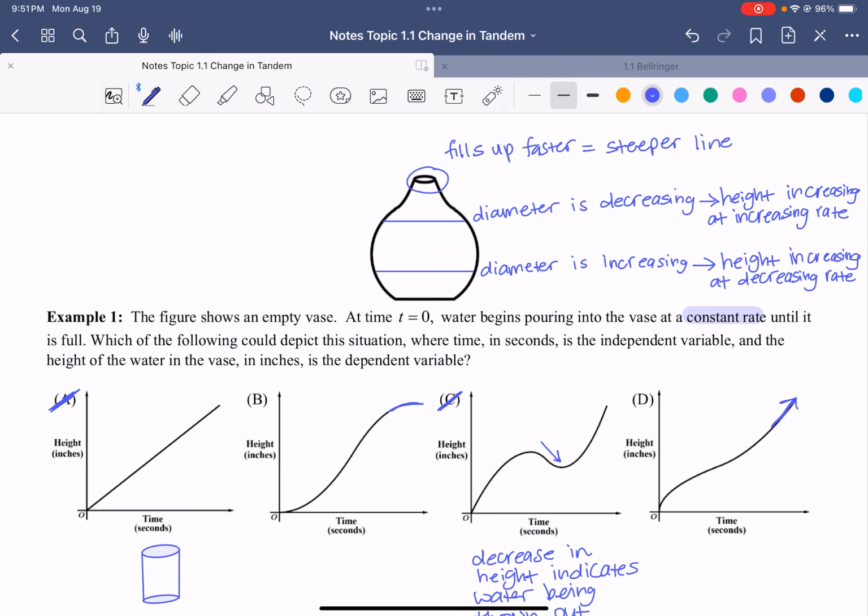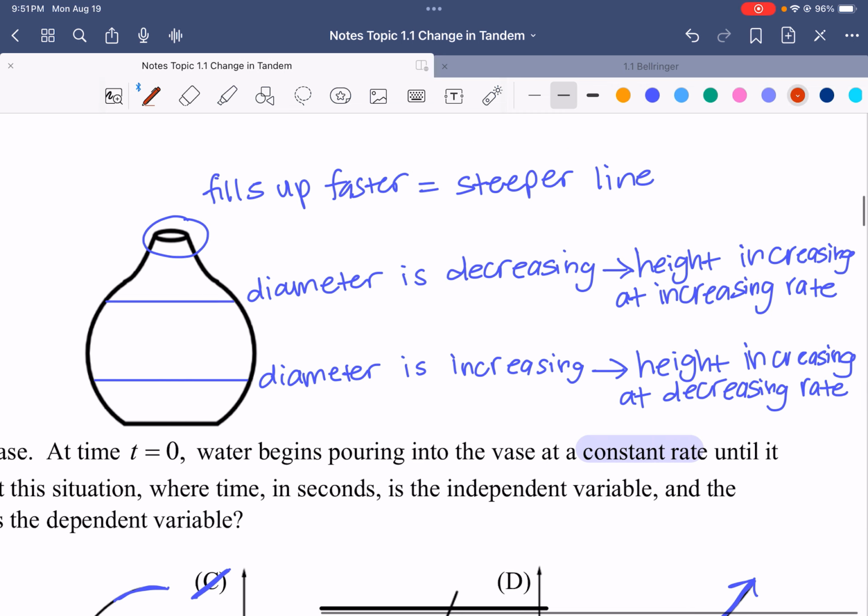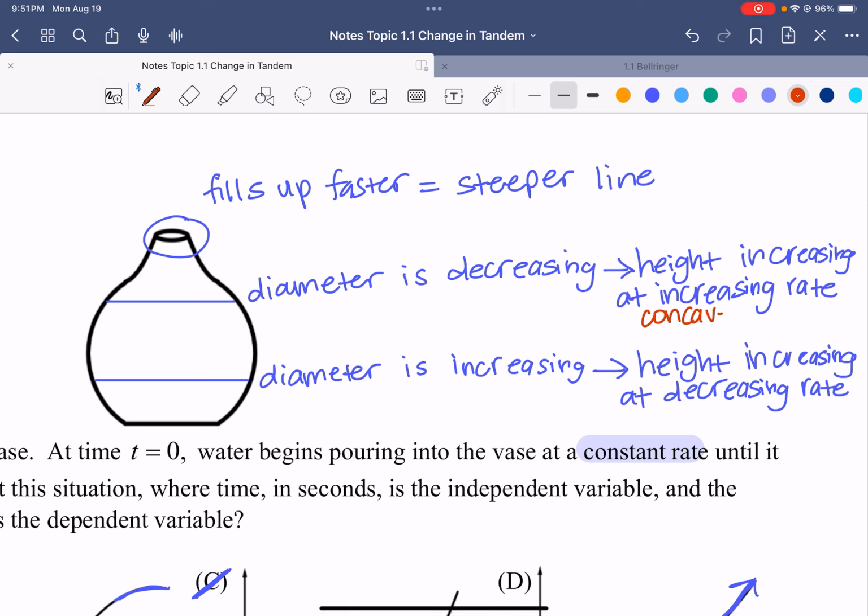When something is changing at an increasing rate, that means that it's concave up. And what that looks like graphically is a smiley face like this. When the height is increasing at a decreasing rate, that means it is concave down, and it's going to look